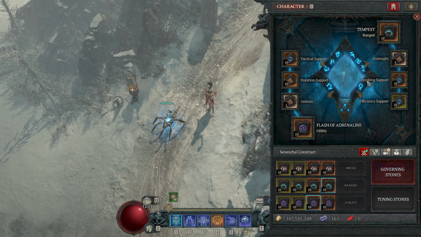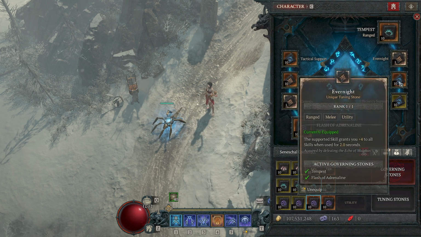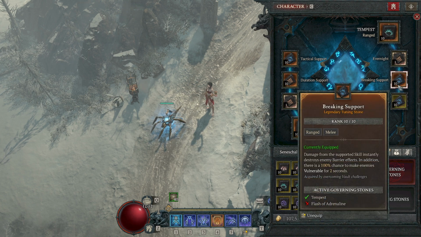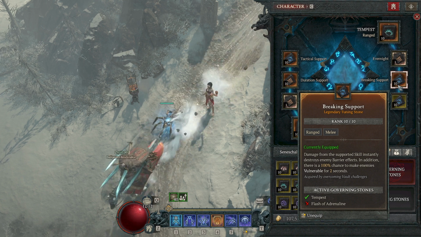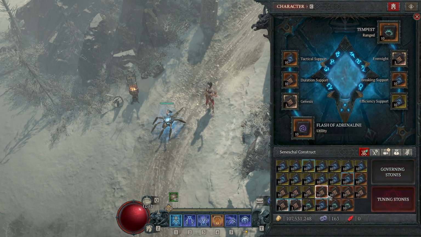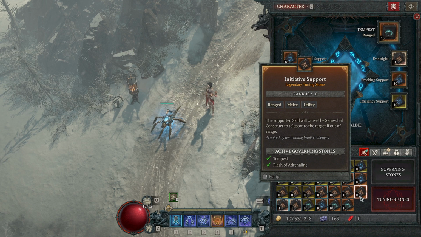Over on the other side, the usual Tempest to permanently keep up these actives, efficiency for that 15% crit, and breaking to have your vulnerable uptime. Yes, your lightning spears and your ice blades will be helping a lot with that, but there's no harm in having extra. The only thing to maybe suggest is, because we are moving so quick, having something like initiative support,